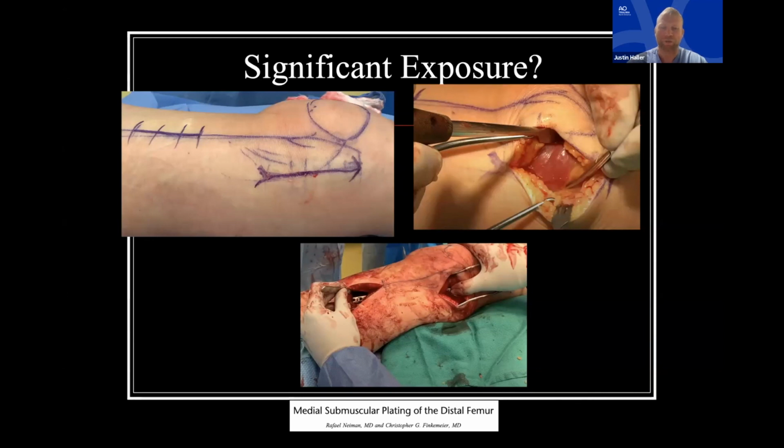You can slide your plate proximally, have a more anterior based incision where you can find the proximal end of your plate and place your screws, and you can do all this fairly minimally invasively, almost like you do on the lateral side, because the medial side is equally as friendly for percutaneous placement. Obviously, as you get more proximal, you have to be careful of the